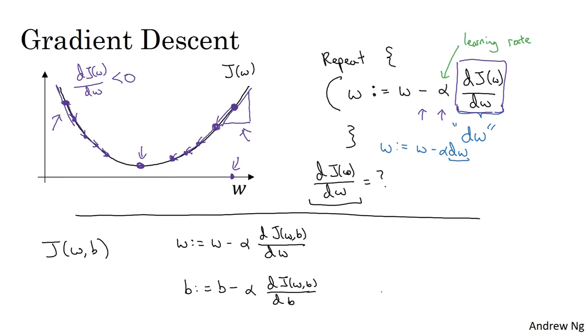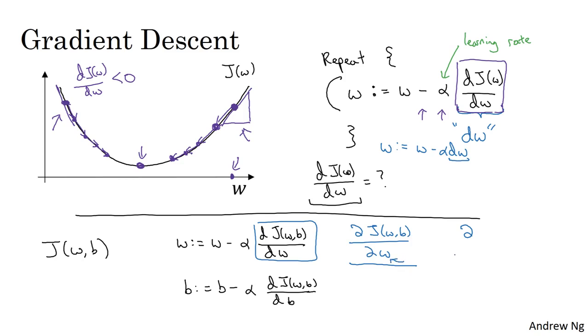As an aside, I just want to mention one notational convention in calculus that is a bit confusing to some people. I don't think it's super important that you understand calculus, but in case you see this, I want to make sure that you don't think too much of this, which is that in calculus, this term here, we actually write as follows with that funny squiggle symbol. So this symbol is actually just a lowercase d in a fancy, stylized font. But when you see this expression, all this means is this is the derivative of J(w,b), or really the slope of the function J(w,b), how much that function slopes in the w